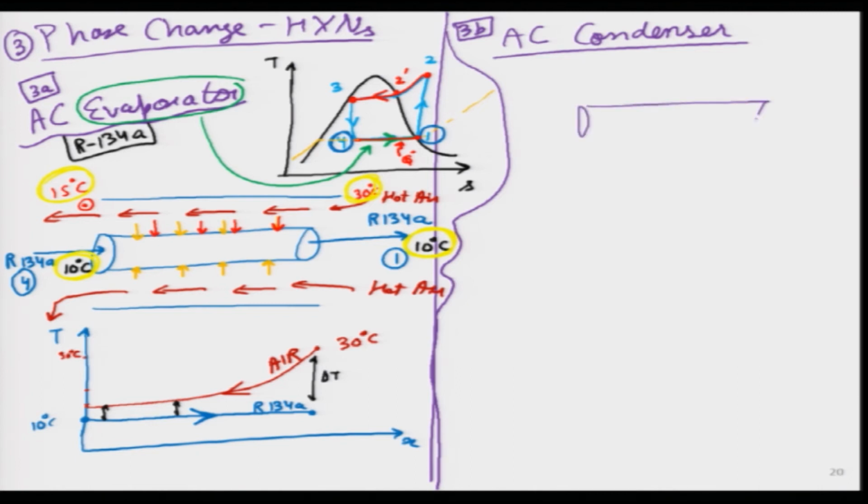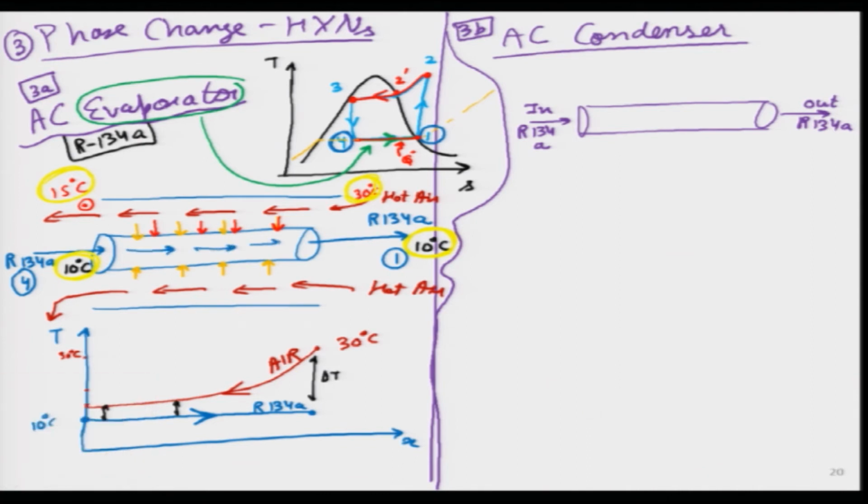So, this is the inner pipe in which R134A is entering. It is again coming out from there. So, this is the inlet and this is the outlet of R134A. Okay. And here should I draw it with a blue arrow like I have drawn earlier, or should we draw it with a red arrow?